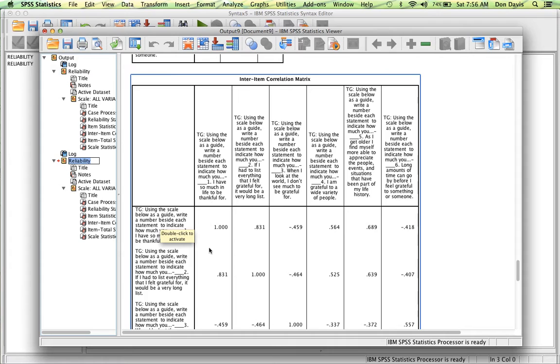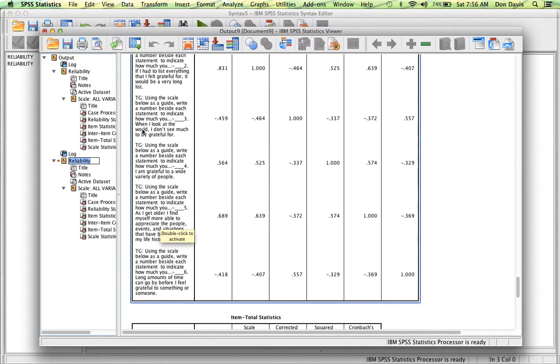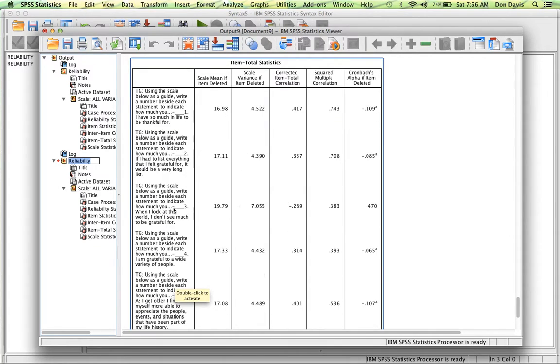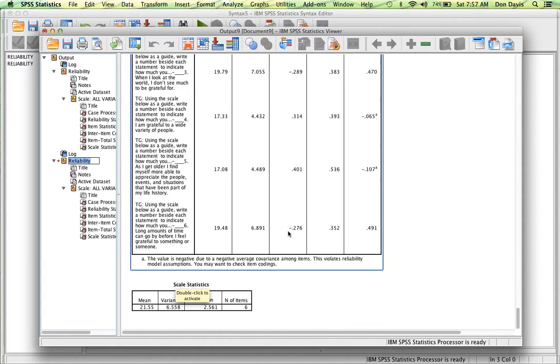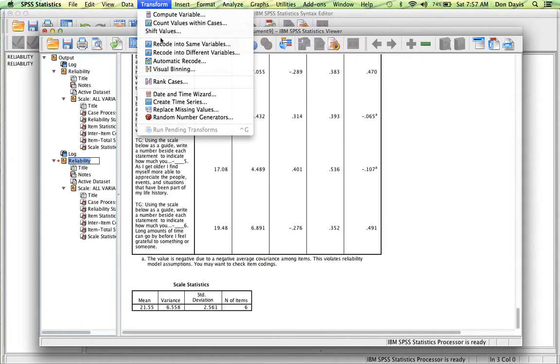If we look at the item, oh boy, that's a negative. That's not what we wanted to see, but it makes sense because this item's worded in the opposite direction. Same thing for 6. This confirms what we were thinking. This particular item's negatively related to the total score. Same here. So what we need to do is recode